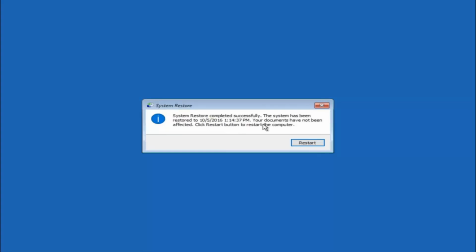Your documents have not been affected. Click the restart button to restart your computer. So let the computer restart. If for some reason you are not able to boot into Windows 10 normally, I have another alternative method,